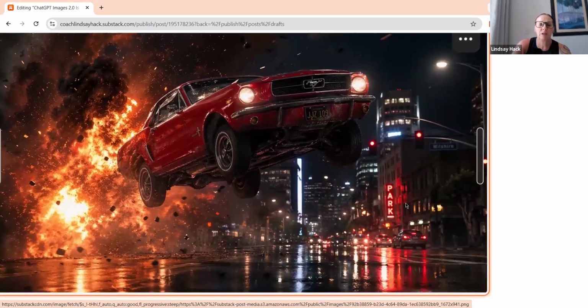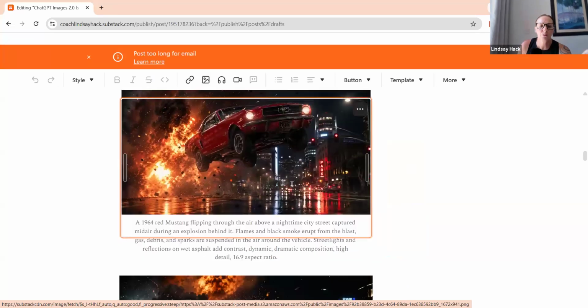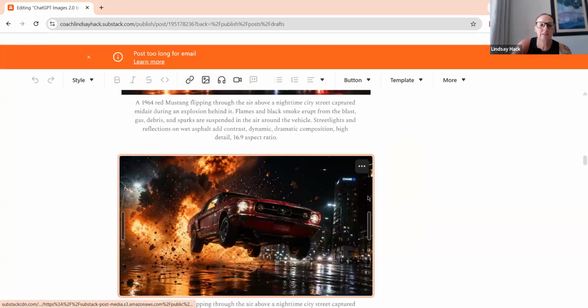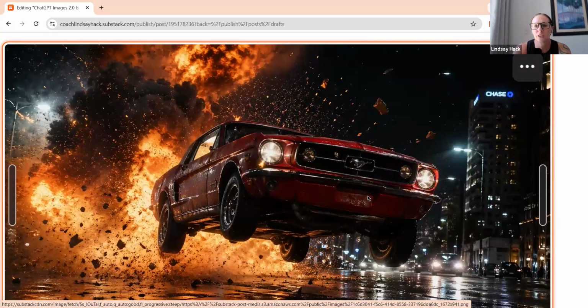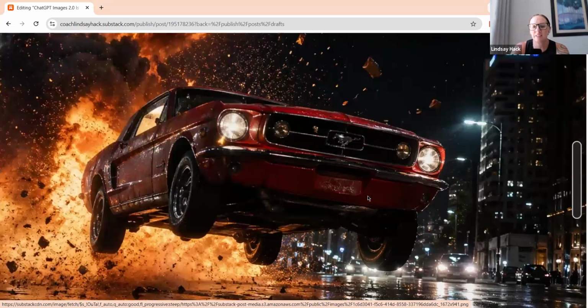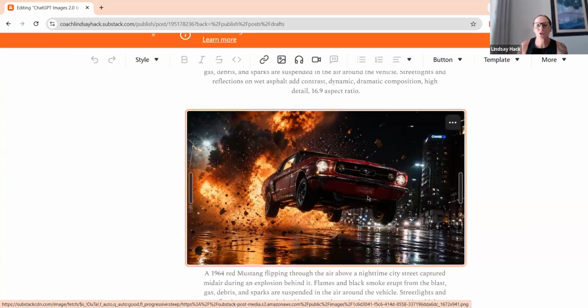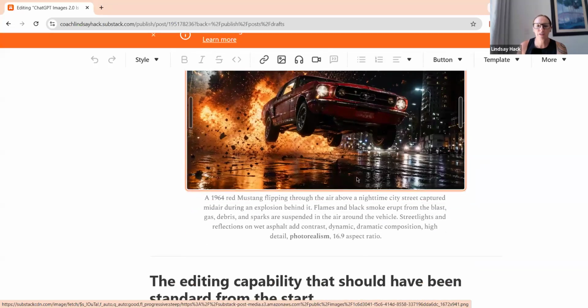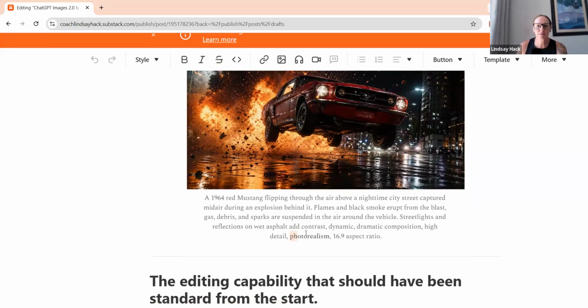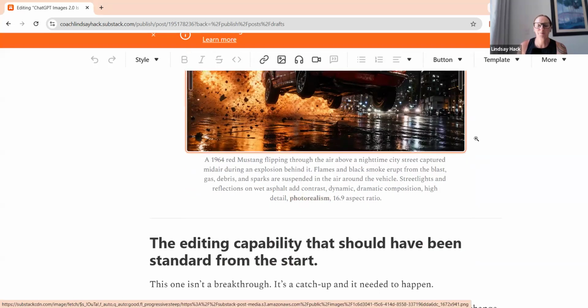Now, if I were to show you with the photorealism, just look at these details. Okay, look at these details. The car explosion, Chase Bank in the background there, the car behind it, it's just so, so good. So again, because we have to add this to the prompt, it just will get you a much, much better information for you to get through this. So that's the very first thing that I found to be different.